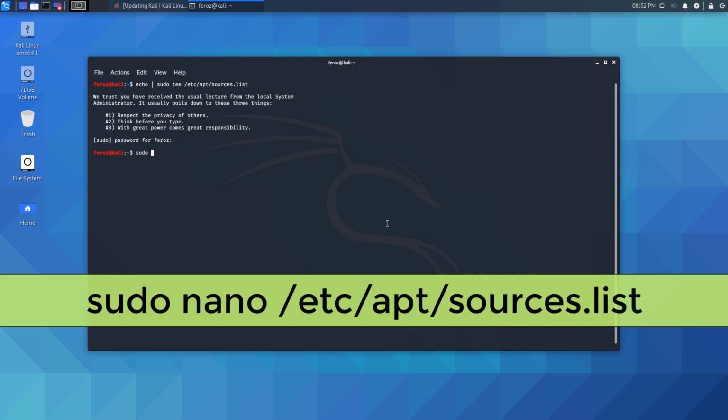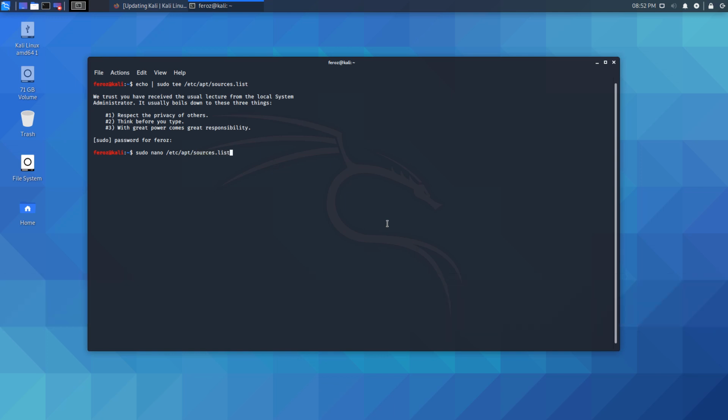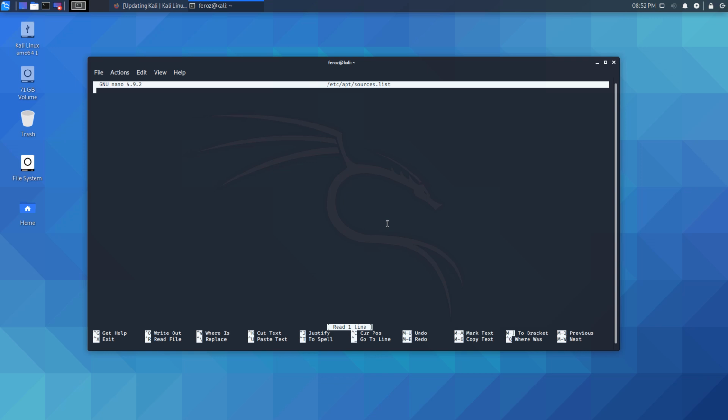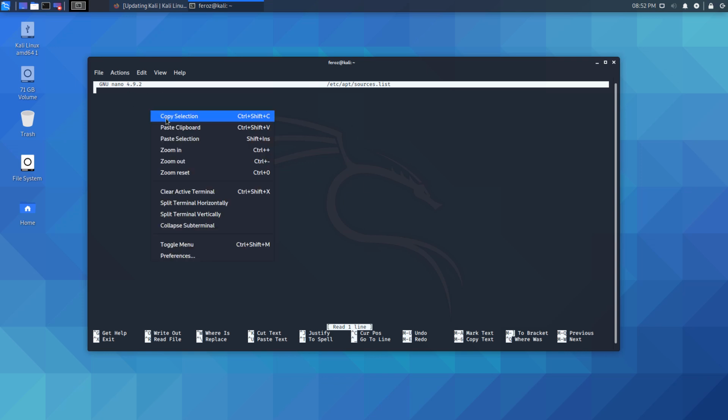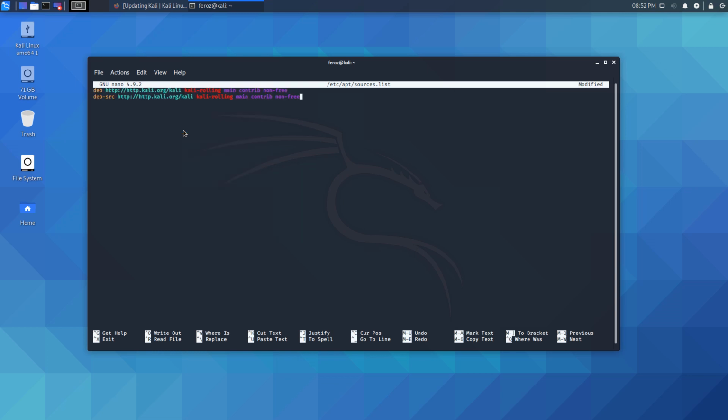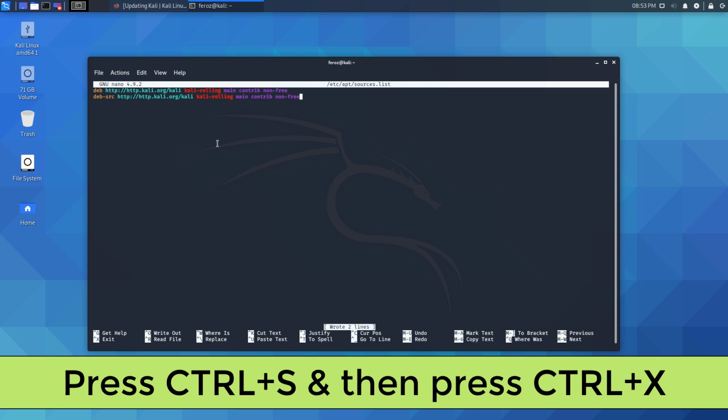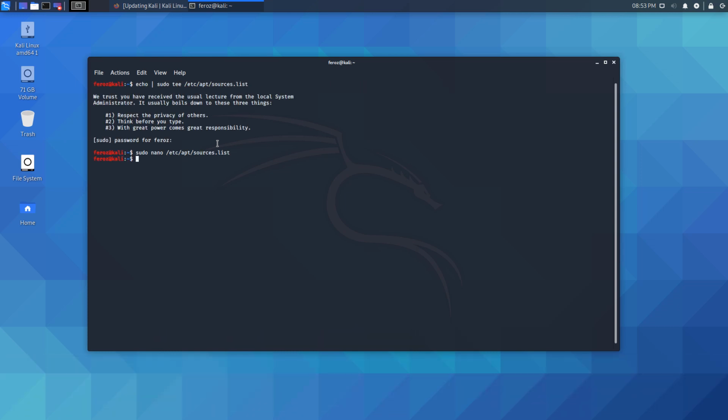Then type sudo nano /etc/apt/sources.list and hit enter. You will see something like this. Now paste the copied text. It will look something like this. Now press Ctrl S and then press Ctrl X. The process is now complete.